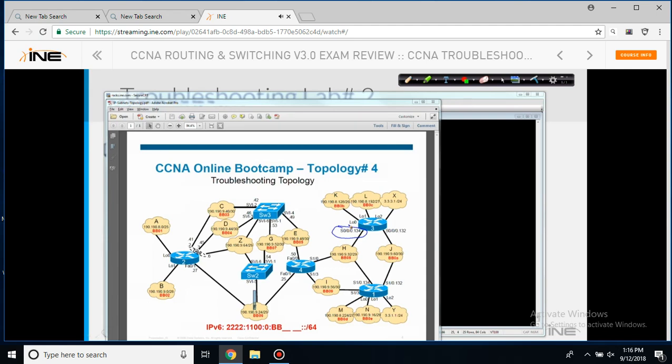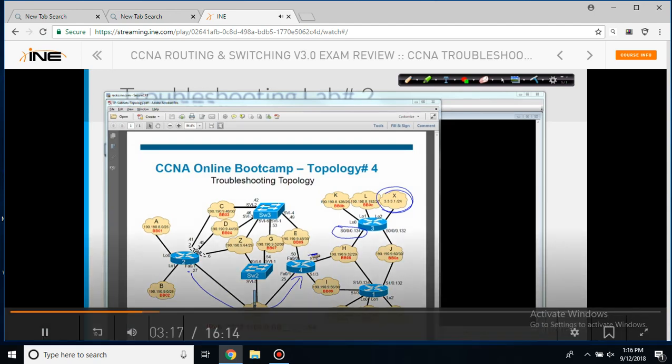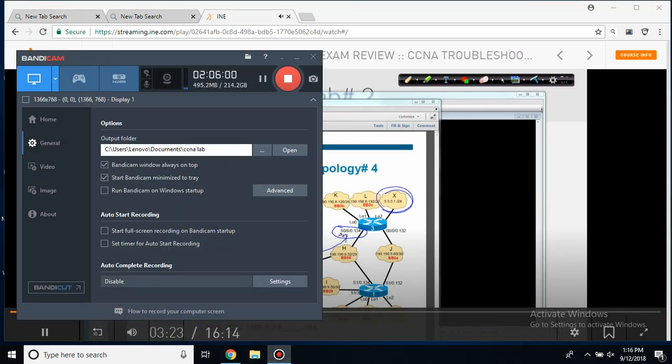Okay, so it looks like from router 2, if we're going to ping 3.3.3.1, router 2 does have an OSPF route that gets those packets to router 4, and then router 4 has a static route which gets those packets to router 3. So apparently the problem is not that the ping is not